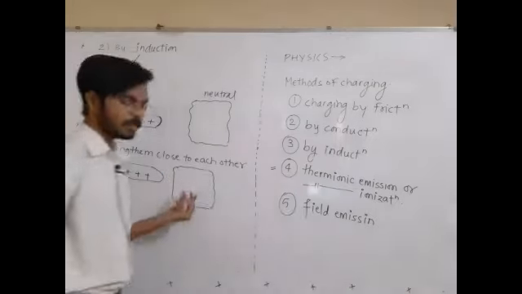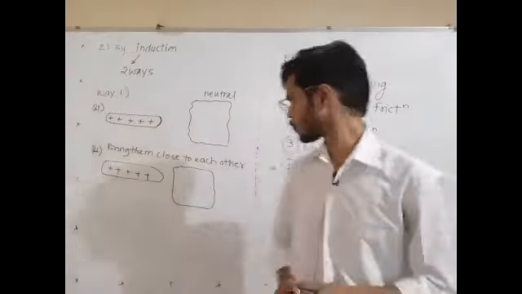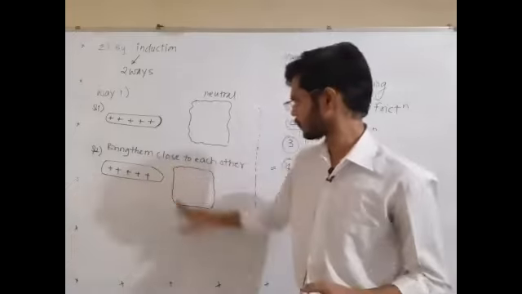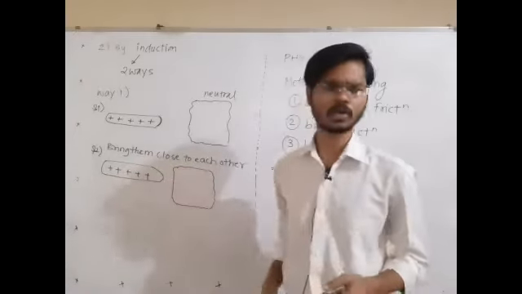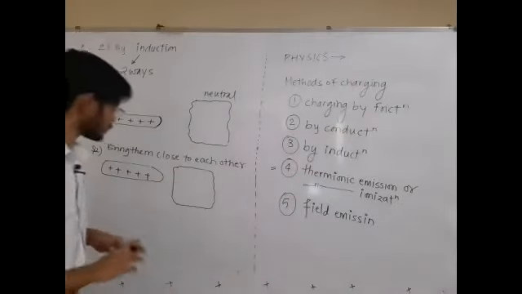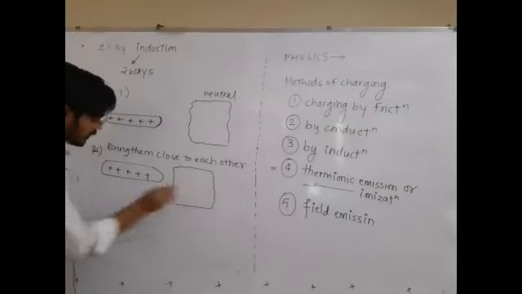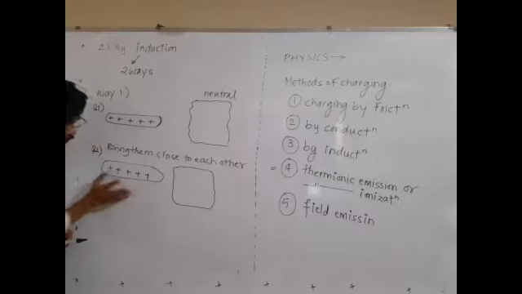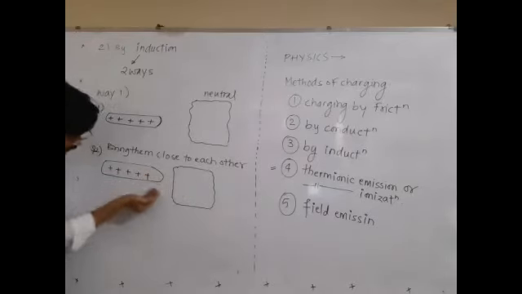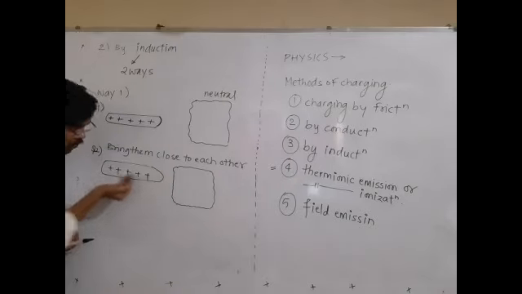Now this body has electrons, this body has electrons. They cannot directly transfer to this body because air is a non-conductor of electricity. Air cannot conduct electricity. So these electrons are present in this material. This material, this object, being positive, tries to attract the electrons because electrons are negative. You know, negative charge is being attracted by the positive charge.